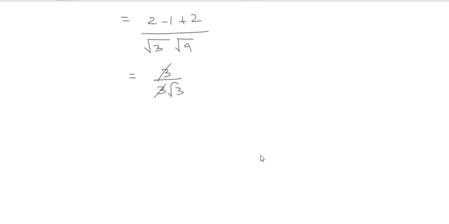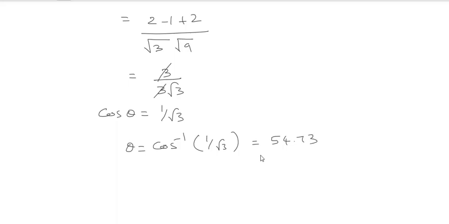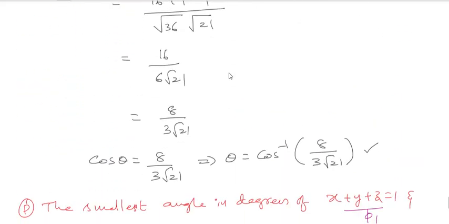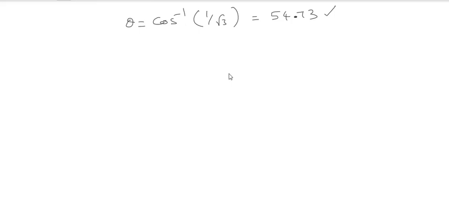Cos theta is equal to 1 by root 3. Then theta will be cos inverse of 1 by root 3. Whatever value you get, that is the answer. Maybe you will have around 54.73. Check it out, 54.73. That is the answer for the particular criteria. Clear? This is the part of your gradient, that is del phi, which happens with respect to your scalar function. Next, curl and divergence you people have to do.